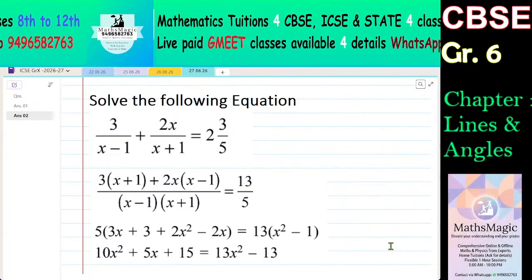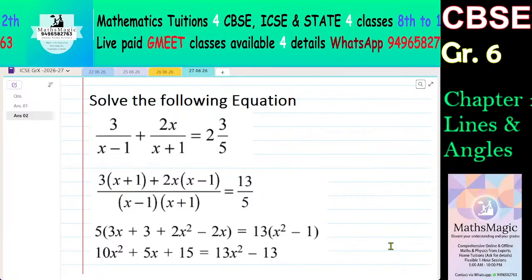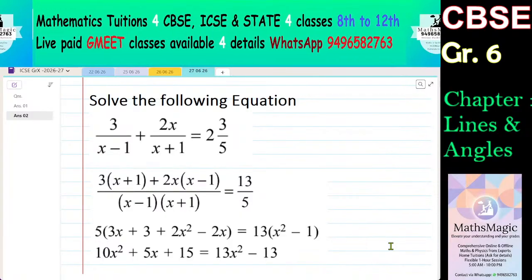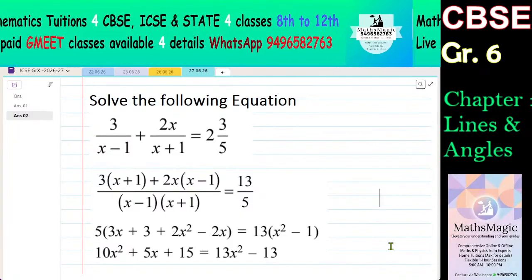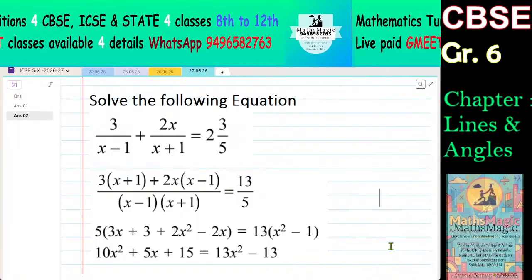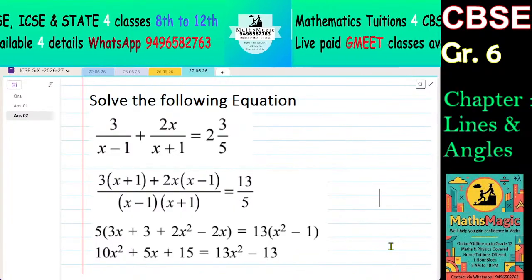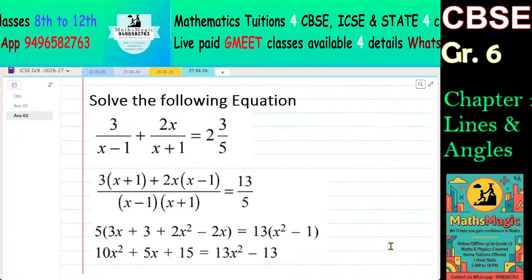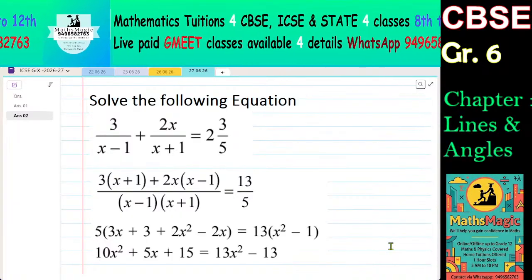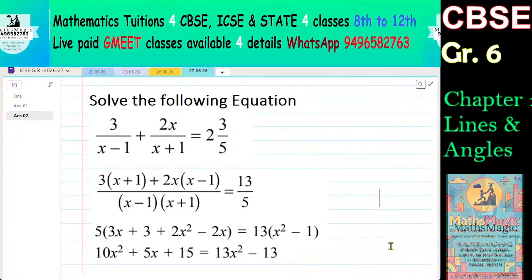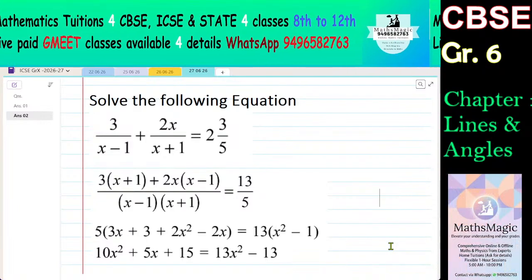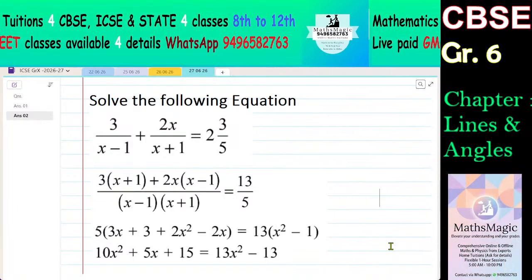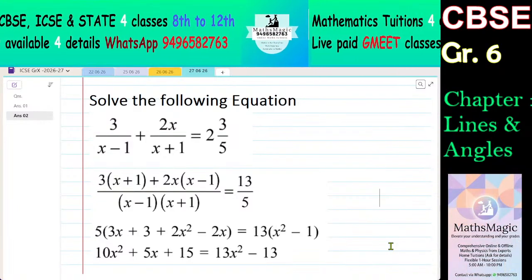So you will get 5 times 3x plus 3, that is 3 into x plus 1, plus 2x squared minus 2x, that is 2x into x minus 1, and 13 times x minus 1 into x plus 1, x squared minus 1. You know that identity. So expanding, you will get